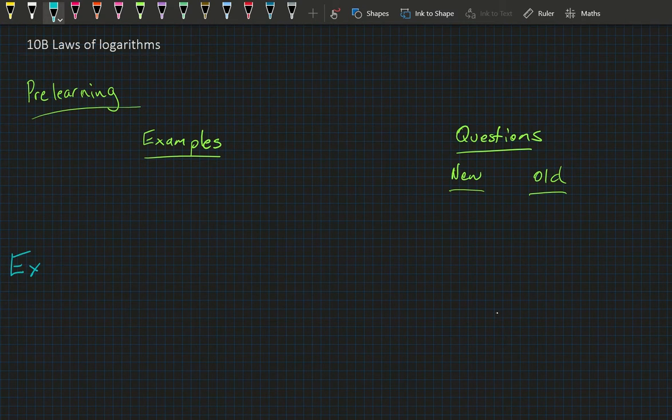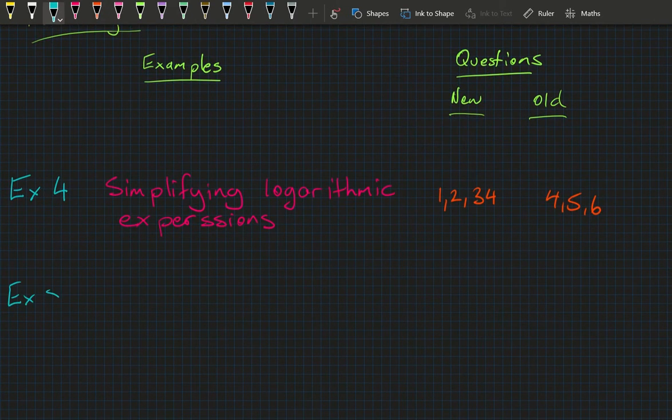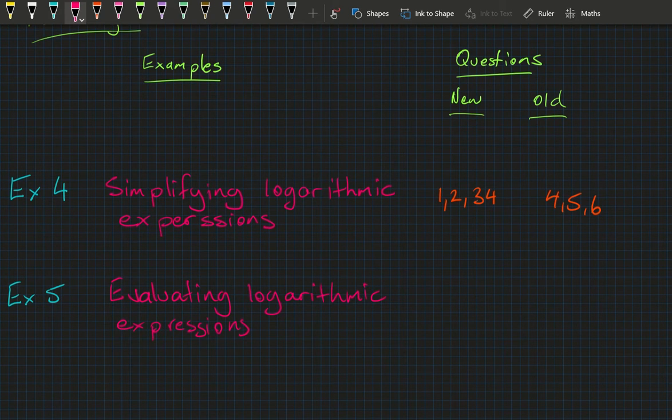Your pre-learning in your examples today will be example 4, simplifying logarithmic expressions. And the pre-learning for this example is questions 1, 2, 3 and 4 in the new book and 4, 5 and 6 in the old book. And then you have example 5, evaluating logarithmic expressions. And the pre-learning for this example is 5, 6 and 7 in the new book and 7, 8, 9 in